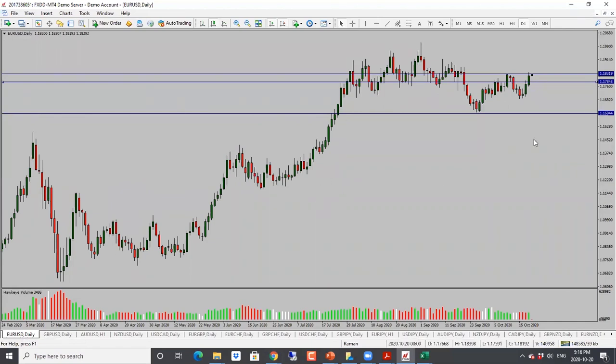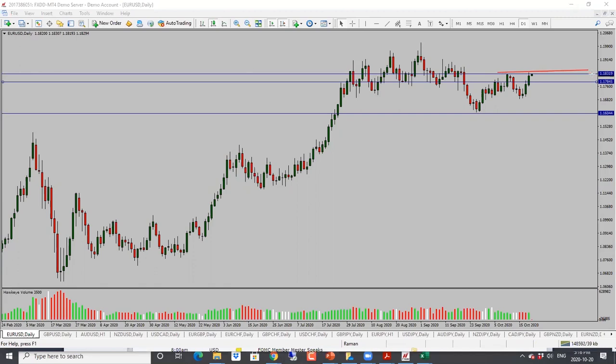All right, so we'll start off with euro dollar. Euro has gone up today, as we can see. It's right into this resistance level here. So bullish bias here. Sorry about that. It's right into this resistance here. So bullish bias, but the problem is if it doesn't go through here, we could see a turnaround, but